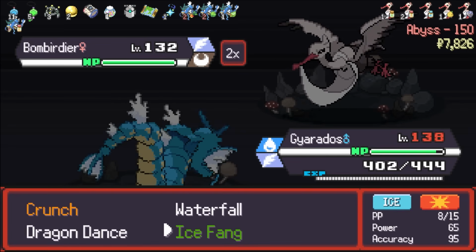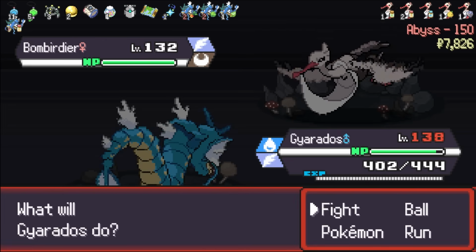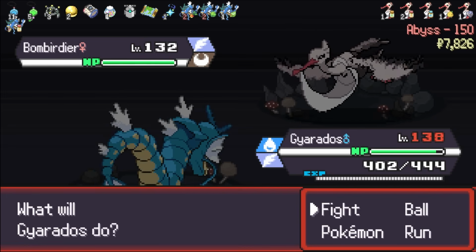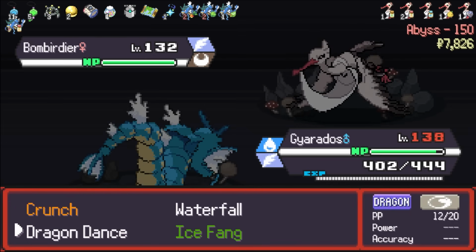So, Bombardier, again, I don't think it can do much. I'm not sure why she went back into this. So, I'll just Dragon Dance again. Okay, so it has Rock Slide. Didn't think about that. She did miss. I don't think it'll kill me if it hits. I'm pretty bulky. If I could set up maybe one more Dragon Dance, I might be able to just sweep,